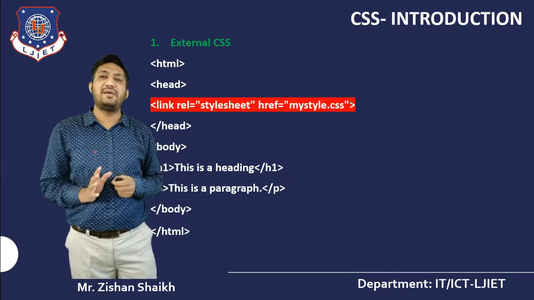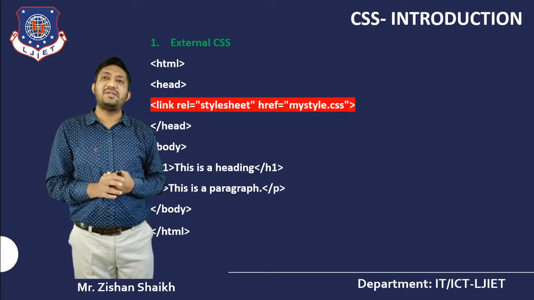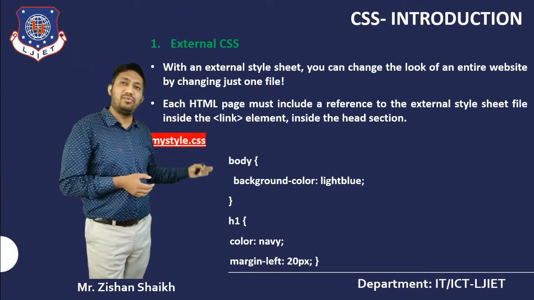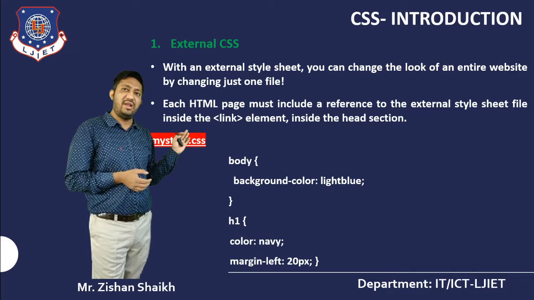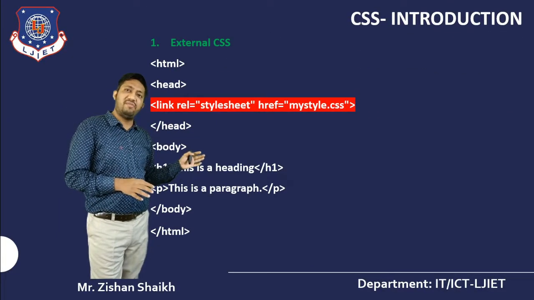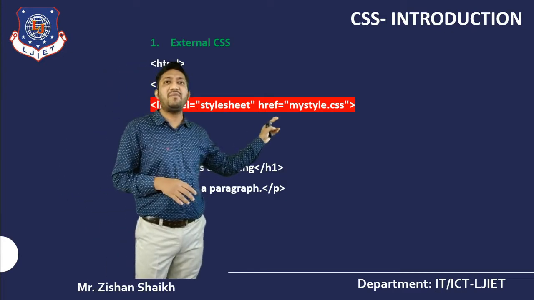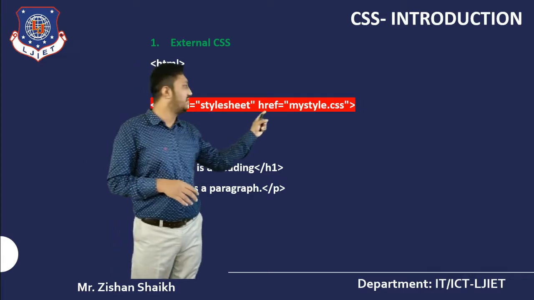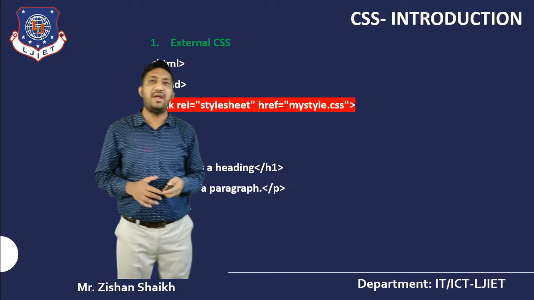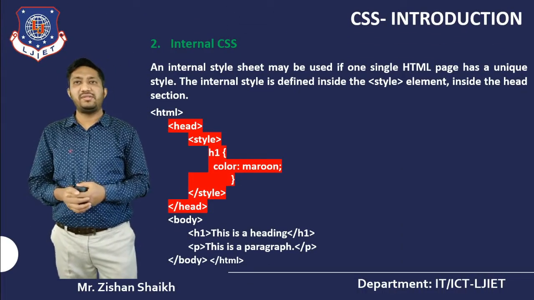So this is a basic example of how we can use the external CSS concept in my HTML file. So again I am repeating, first you have to prepare your .css file, then you have to prepare your HTML file. In the HTML file, if you want to link your CSS file, then you have to write this syntax. Every time you have to write this syntax, but the change is that you just change your CSS file every time. Now we are going to the next CSS, that is my internal CSS.